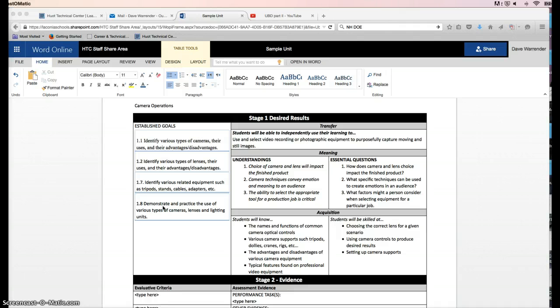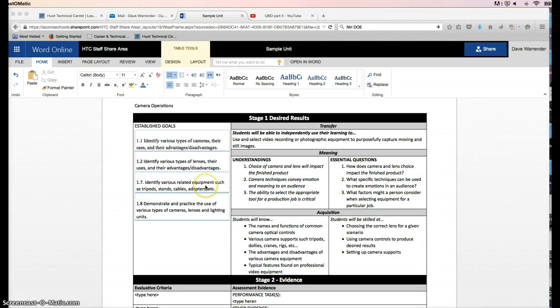Also, they have things in here which, based on my teaching experience, I do not think should be taught at the same time. For example, lighting. Lighting is really its own unit. We will cover lighting. We're not going to ignore that knowledge standard, but we're not going to do it at the same time we're trying to teach students all of the camera operations. Same thing with adapters. Adapters just make more sense when we're in the audio unit. So again, I'm not ignoring these standards, but I am choosing to incorporate them in a different unit and not the one we're working on today.